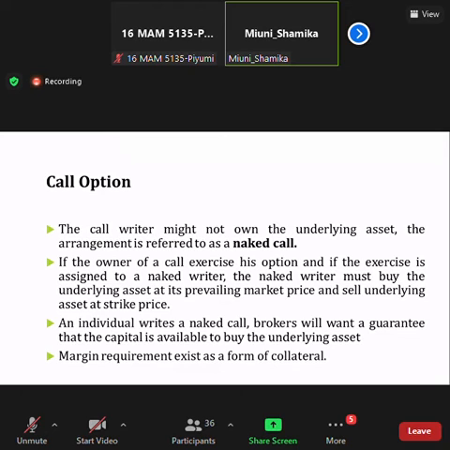So what does that mean? I write an option for a car, but I do not have a car. So that is a naked call. If the option buyer